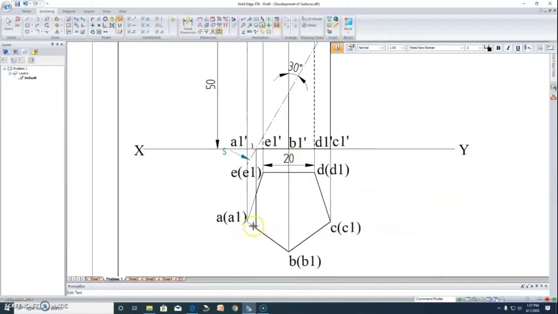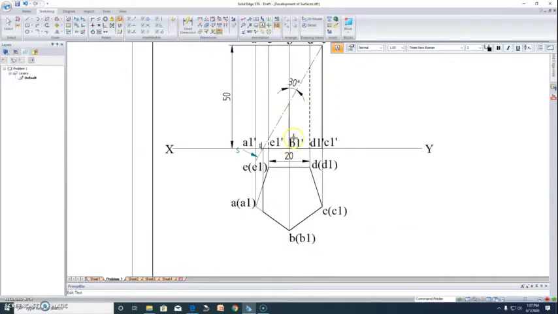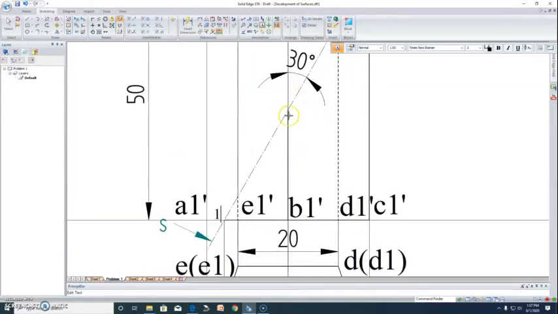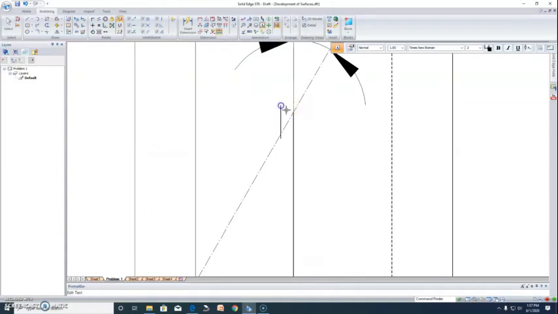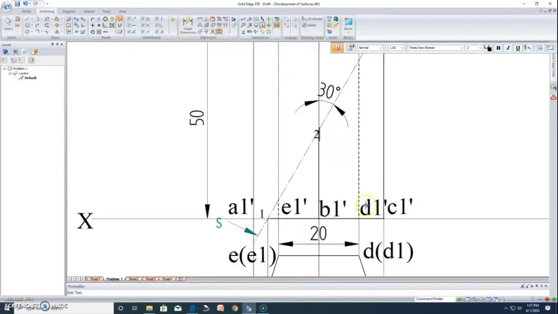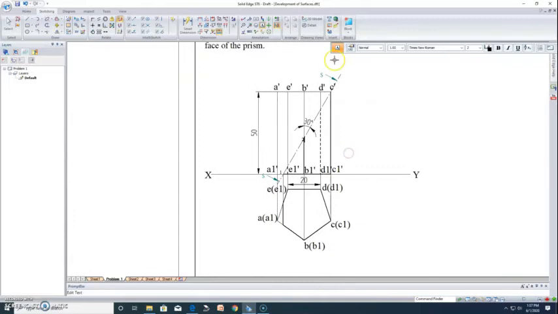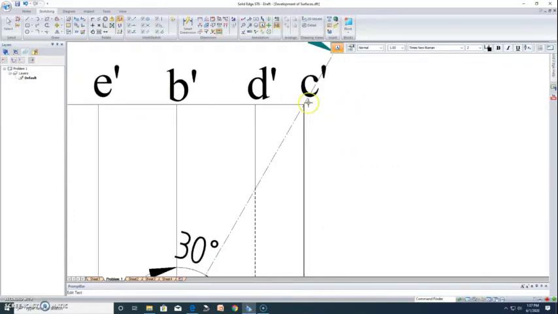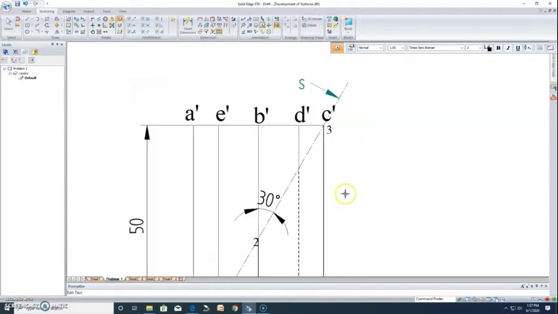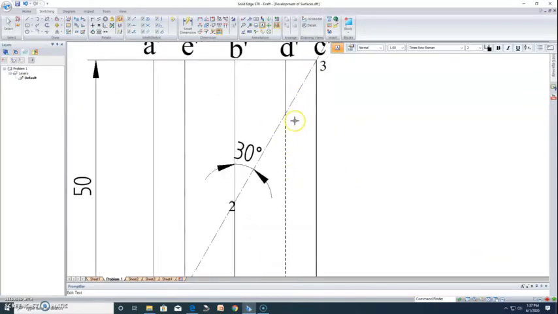Next, what about BB1? It has been cut at this particular point, so we'll call it 2. Then CC1, it is at the corner, it coincides with C, so this is 3, and DD1 it cuts here, we call it, let us say, 4.